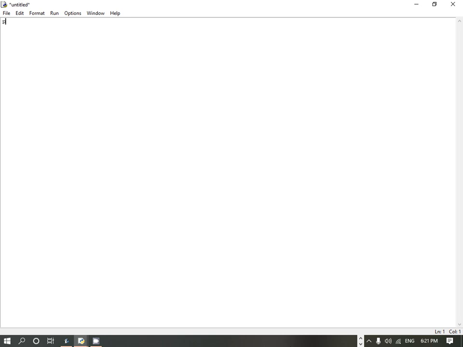So here we take a variable p. Suppose this is the program to calculate simple interest. So I have taken a variable p equals to, suppose if your data will be in integer, then you take int. If it will be in float value, then you take float. So here we write down int. Then in the bracket we provide an input function which will allow the user to enter a principal amount.